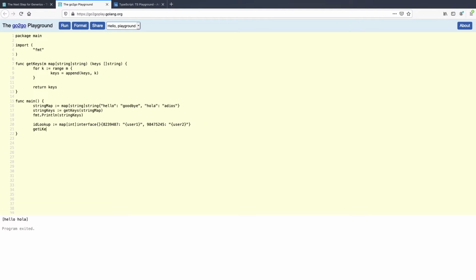But just to prove it, we all know that this isn't going to work. You can see, ID lookup doesn't match map string. And this is a constant problem in Go for me. I'm always writing methods which I wish were generic. For example, I had this very problem recently, and I had to implement several versions of the get keys function. But Go generics are here, and we don't need to anymore.